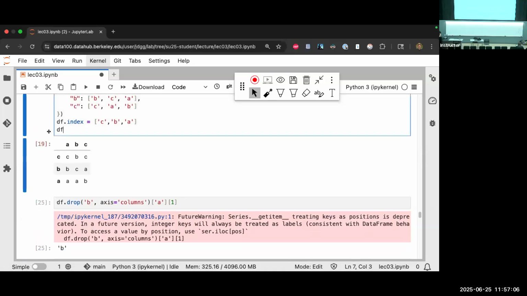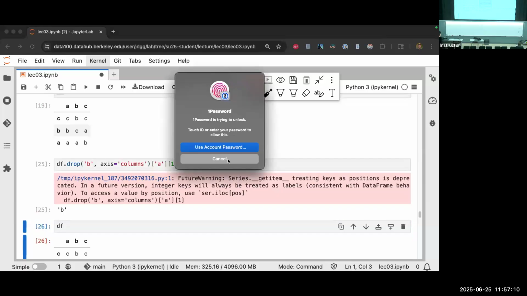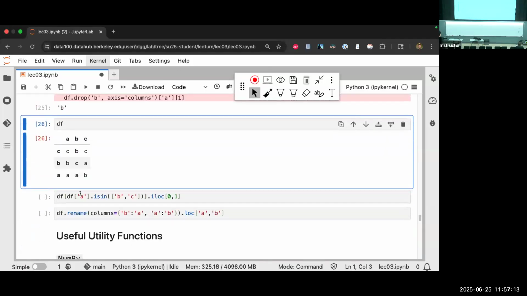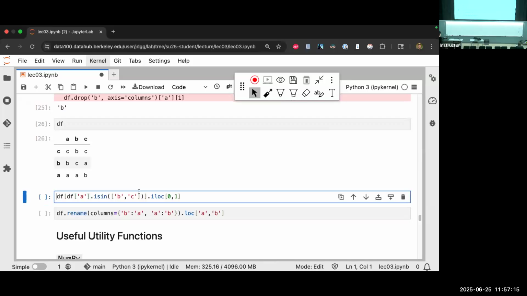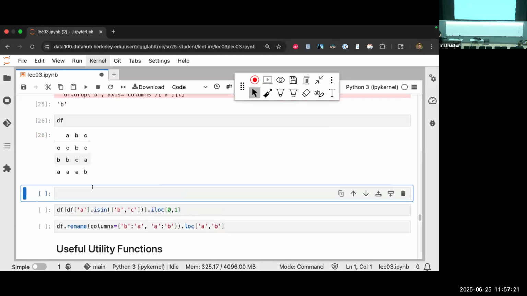I'm going to print out this data frame again just so we have it right in front of us as we solve this. Okay, so what are we doing now? How do we read this code? Let's work our way from the inside out. That's a useful way to debug functions.